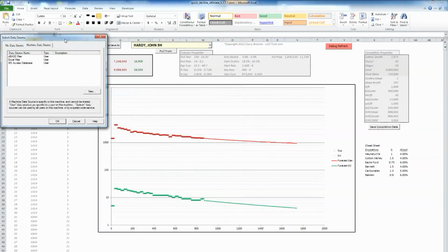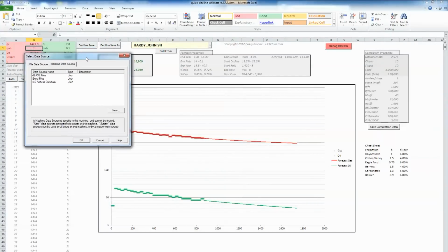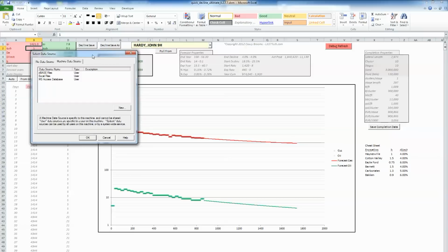Now, because this is my first time to use this, and because I'm not at work and I don't have a well database per se here at home, but you may have a well database at your work. This is where you point to the well database. Your database guy at your work can set this up super easy. It's not difficult. You just click on the one that is your well database and it takes care of the